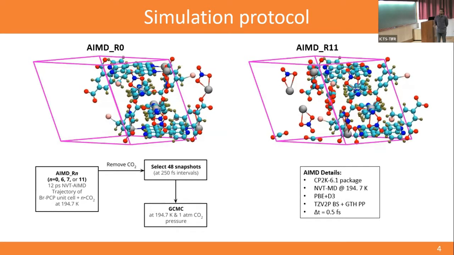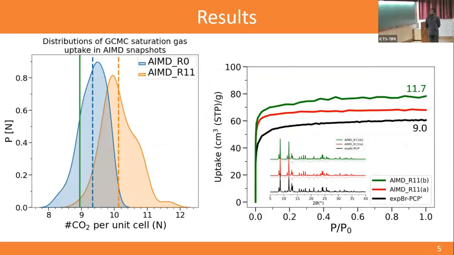Let's look at the results. On the left-hand side, I've plotted the distribution of the saturation uptake calculated by GCMC for R0 snapshots and R11 snapshots. There we can see a clear average increase in the uptake amount. And further, to give more contrast, in one of the R11 snapshots, I see an uptake of about 12